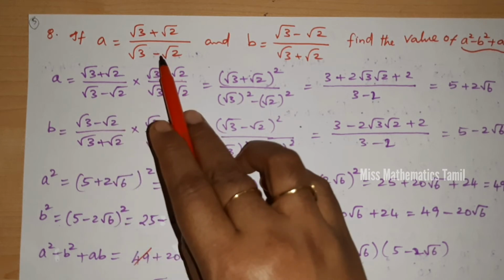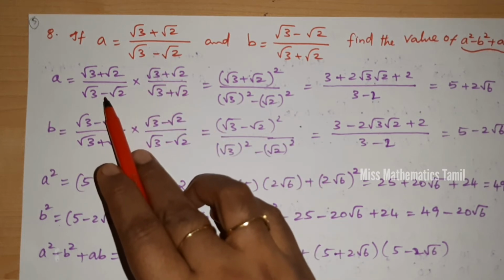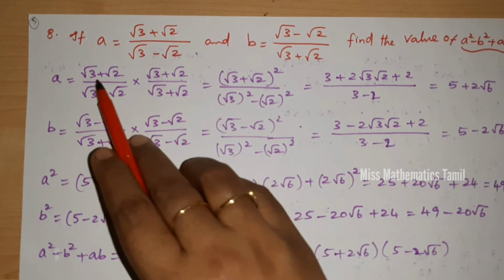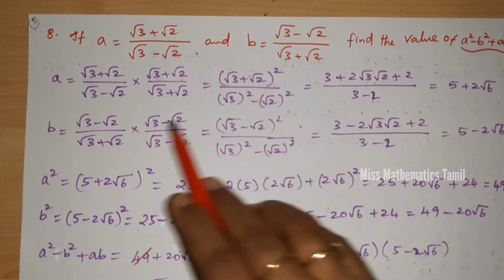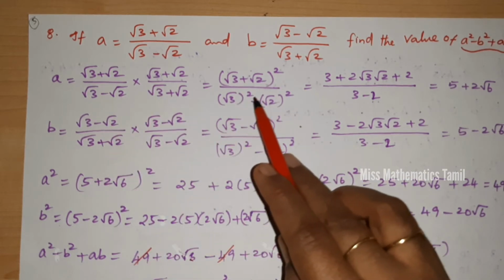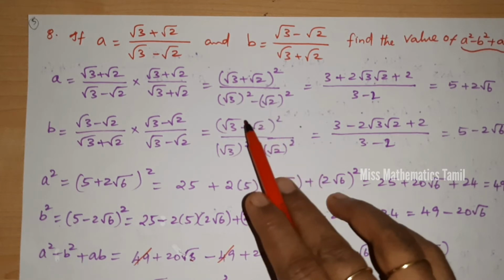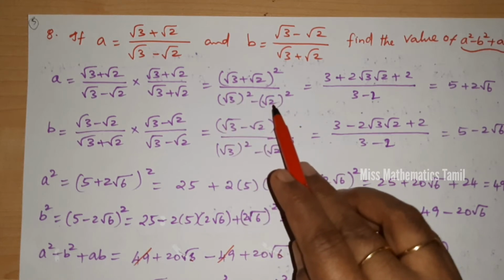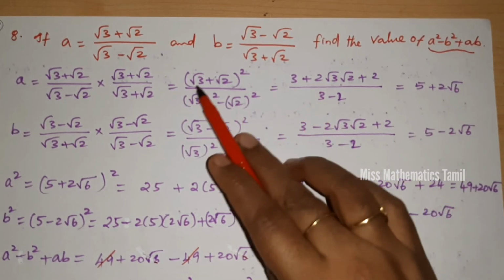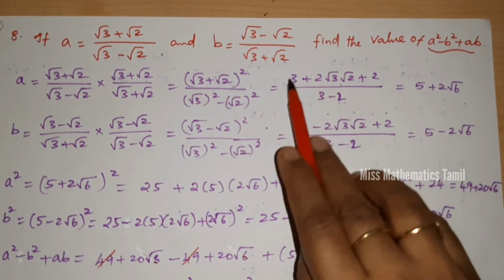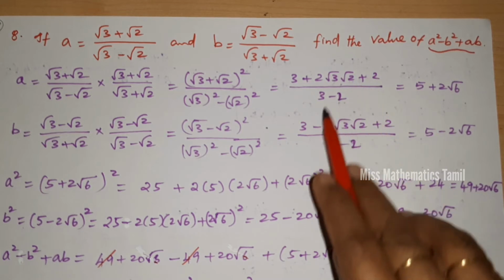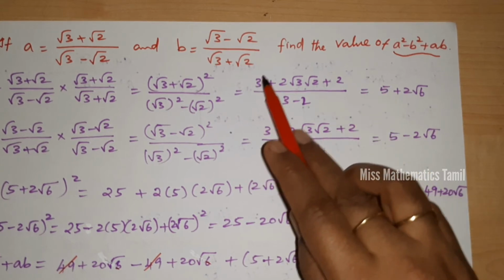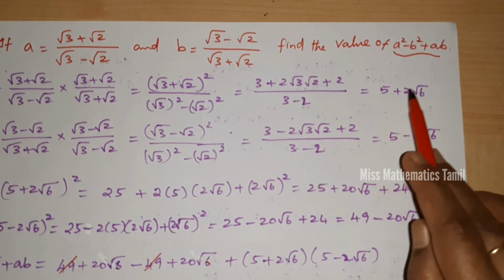For that, we will change the sign in the denominator and multiply both numerator and denominator by it. So here, (root 3 plus root 2) the whole square divided by a minus b into a plus b, so that a square minus b square identity I am using here. After so many sums we have discussed, this portion needs no explaining again and again. You will understand, right? Here the a plus b the whole square identity I am using, and according to that I am expanding this. In the denominator, 3 minus 2 is there. Okay, the final answer is 2 plus 3, 5 plus 2 root 6.